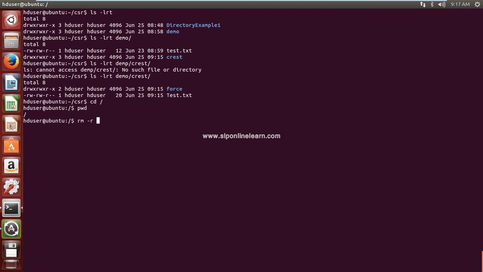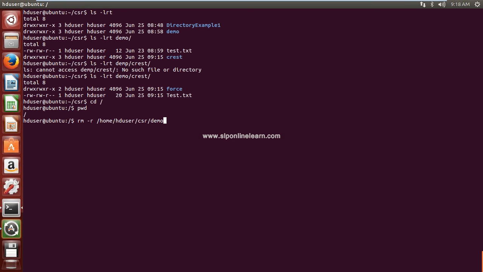My directory name is demo, but this is not present in the root. Our present directory is root. So we need to specify the path, home slash hduser slash csr slash demo. Okay.